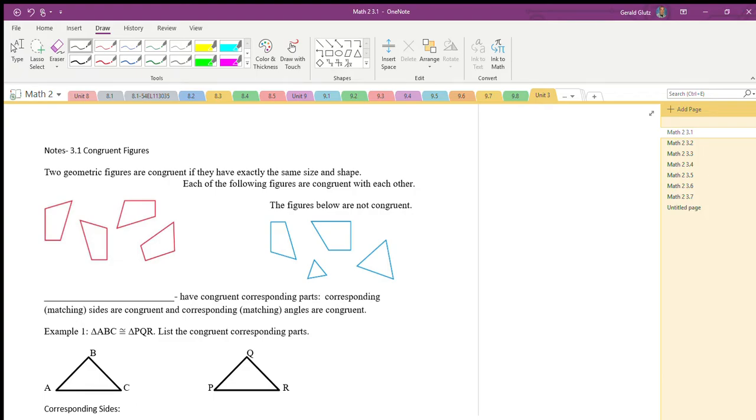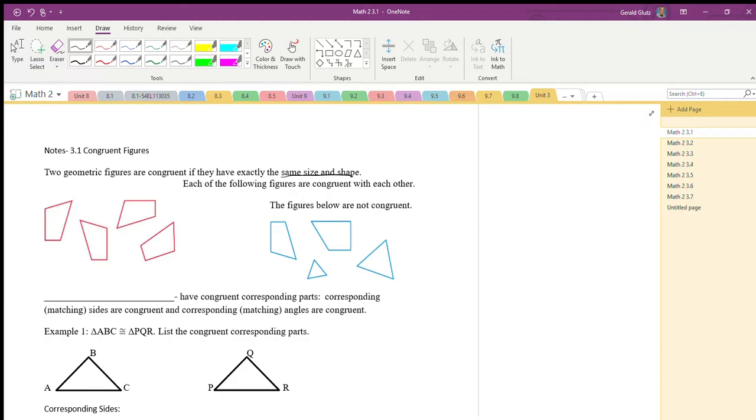All right, so today we're going to be talking about congruent figures. Before we start, we have to know what the word congruent means. If two figures are congruent, that means they're exactly the same size and same shape. If I said two angles are congruent, that means they have the exact same degree measure, because that's how we measure angles. If I say two sides of a shape are congruent, that means the two sides have the